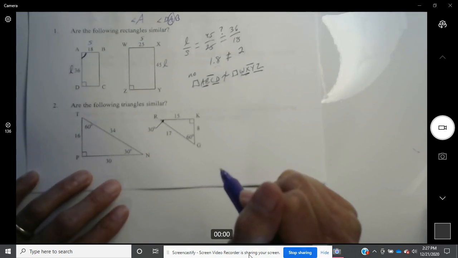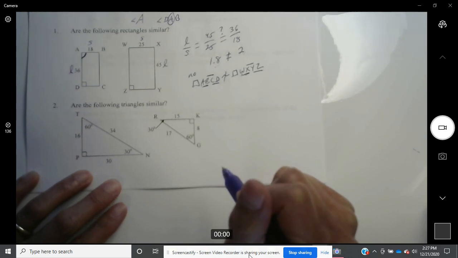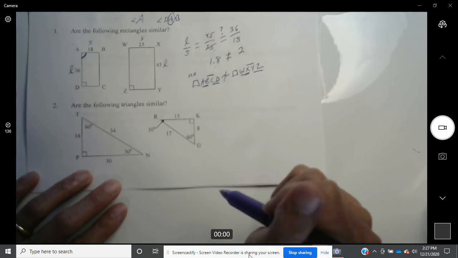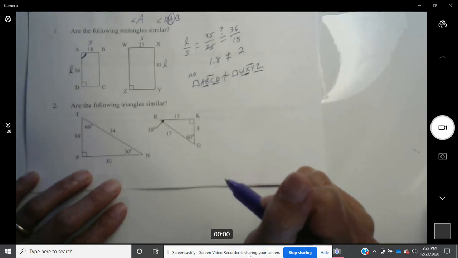Now, there are two ways that we can figure out if the sides are similar. The first way would be to set up a proportion like we did here, but we would actually have to do that twice. So instead of doing